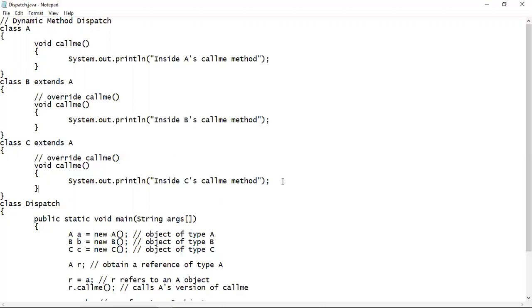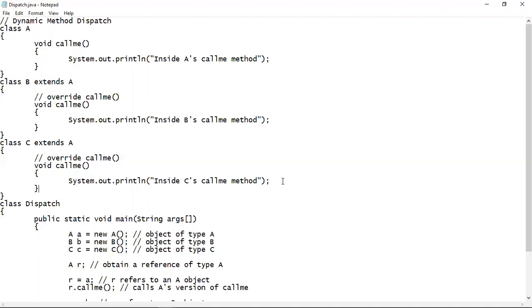Runtime polymorphism is also known as dynamic polymorphism because the decision of which method will be called is being taken dynamically at the execution of the program. And in case of method overloading, it was used to call early binding because the binding of the object with the method was done during compilation. That's why it was used to call early binding. But here in case of runtime polymorphism, it is called late binding because the binding of the method to be called with the object that is being referred to is being done at the time of method call or at the runtime. That's why runtime polymorphism is also known as late binding.